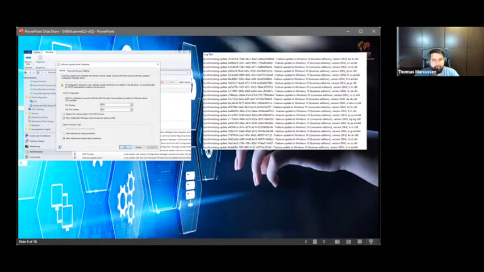Config Manager clients then instruct Windows Update agents to scan against the catalog hosted on the software update point and report back if they need software updates listed in the catalog. Based on this inventory information, the administrator can then decide to deploy the necessary updates to the clients reporting that they need the patches.